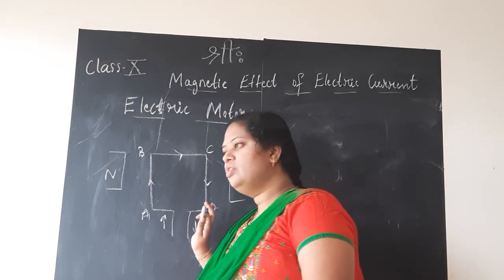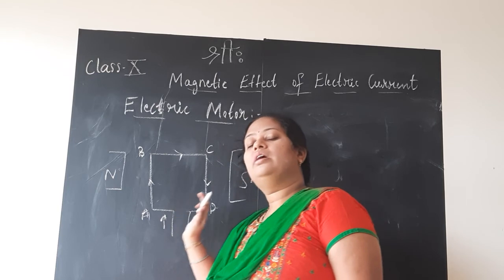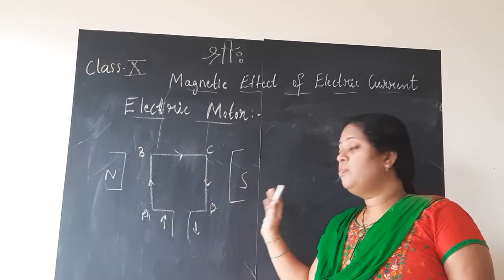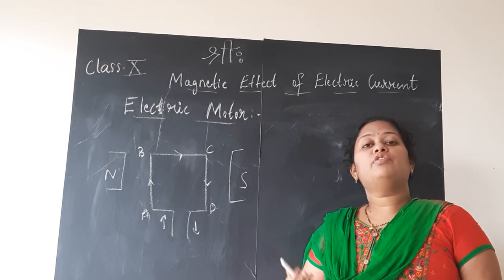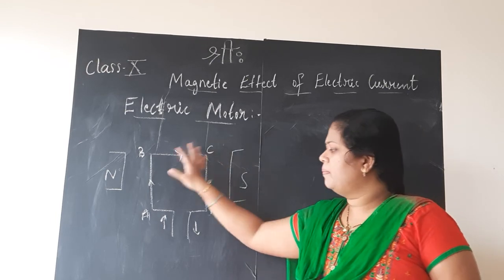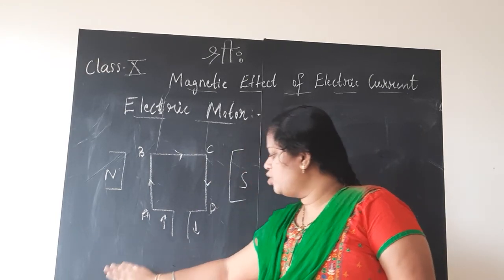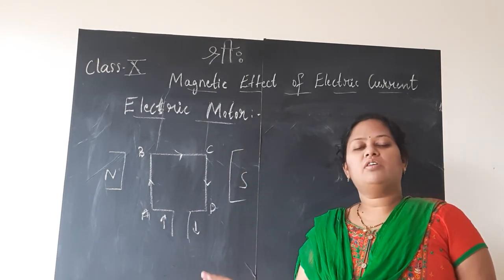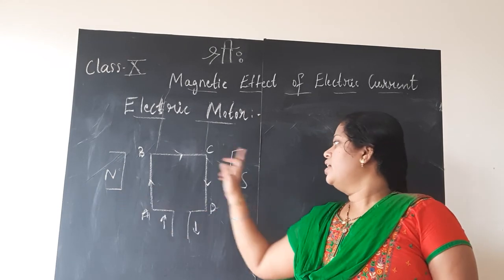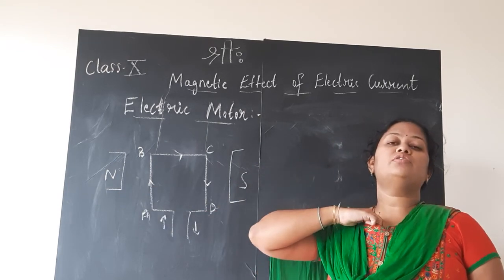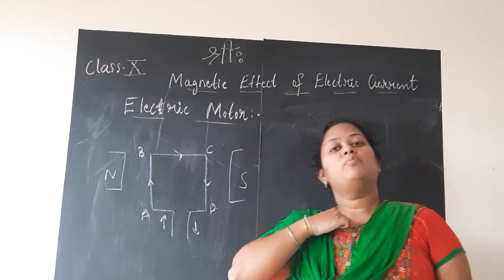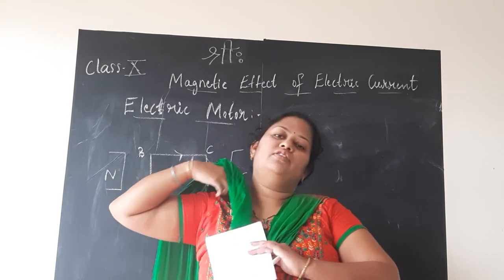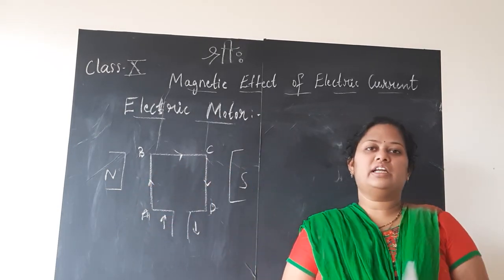Whenever you draw this figure in a test or exam, children, please make sure that you draw the poles of the magnet. Many of you will lose marks in that. You draw the complete circuit figure of the electric motor neatly, and labeling is also done, but you forget writing the north pole and south pole. Then you have not placed the motor in the magnetic field, so drawing it is meaningless, and you will lose marks.